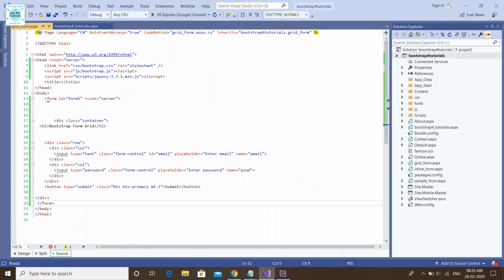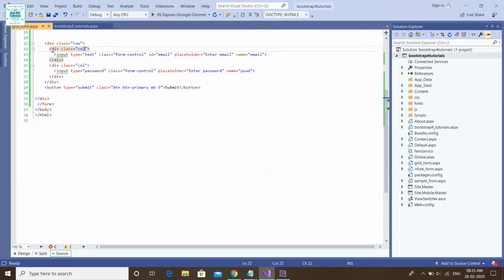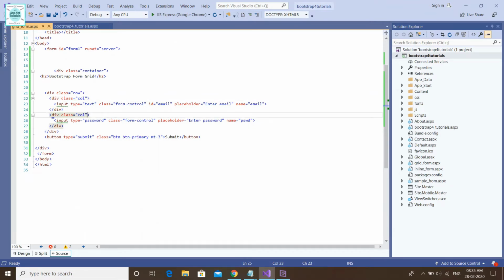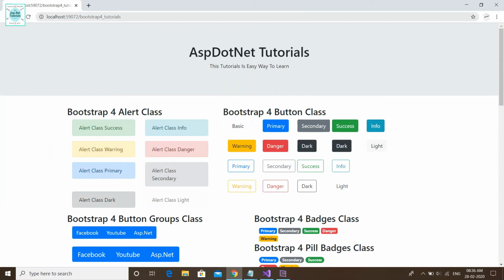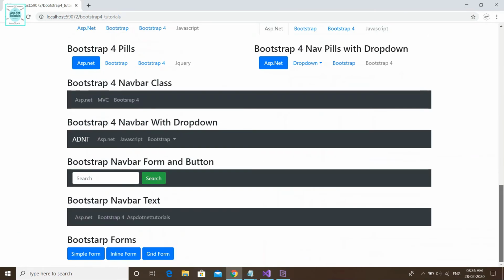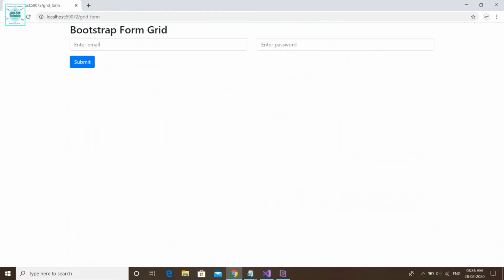So you can see we are using a simple email and simple password for designing the grid form. So friends, you can see the design. I'll show you. Just save and refresh the page, and friends, you can see this grid form. Click. So friends, you can see this is a grid form